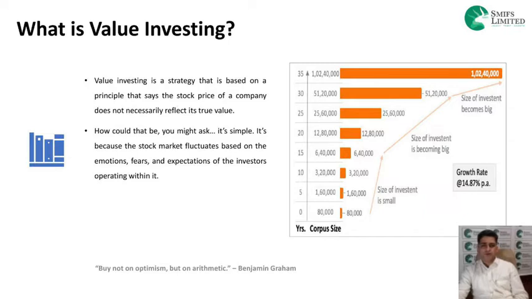So you start with the corpus of around 80,000, right? This is a growth rate of 15% per annum. Above we explained it was 16%. So even 15% is a decent kind of growth rate for equity investments. So 80,000 turns into 1,60,000, then 3,20,000 by 10 years, 6,40,000, 12,80,000. Now suddenly, over this period, after 20 years of being patient,